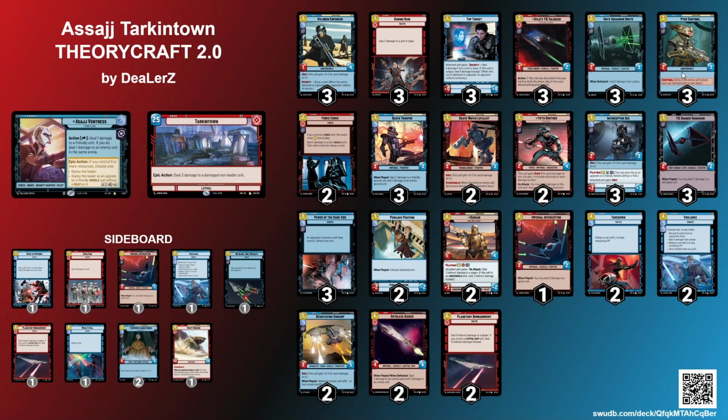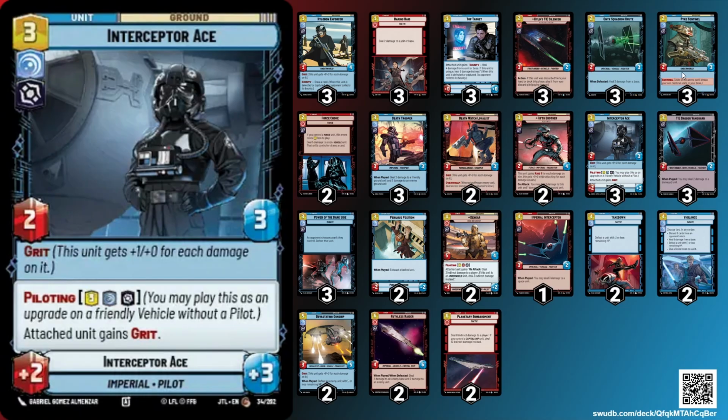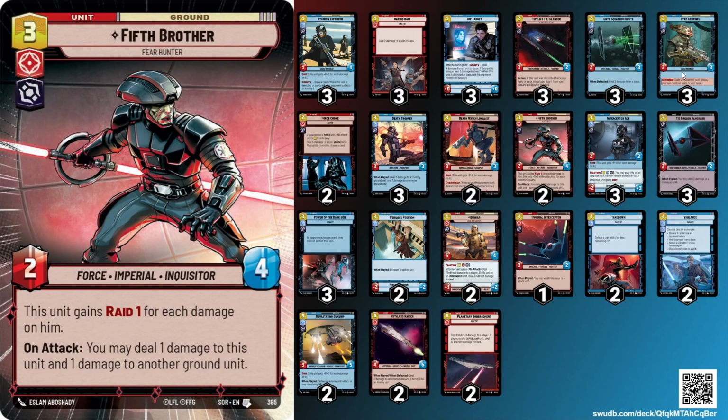We try to keep hands where we have 1 of each as often as we're able to, so that we wait for our opponent to play a unit, and then we immediately damage ourselves. And obviously, Hylobon gets stronger when you damage it. And we play several great units in here, like the Interceptor Ace, the Fifth Brother, the Hylobon Enforcer,